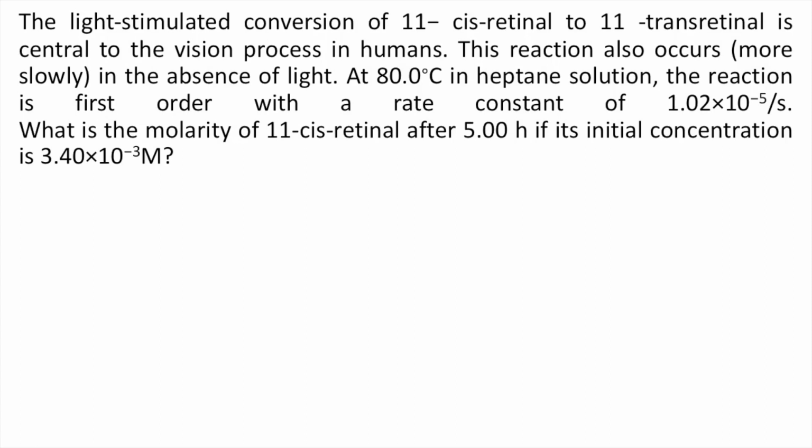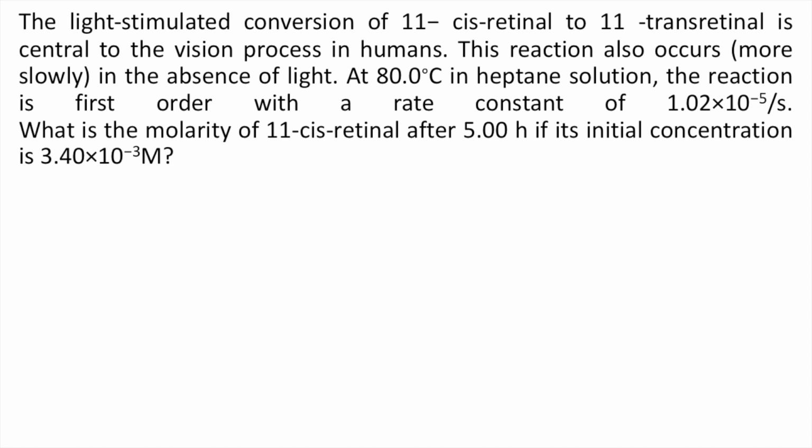The light-stimulated conversion of 11-cis-retinal to 11-trans-retinal is central to the vision process in humans. This reaction also occurs more slowly in the absence of light. At 80 degrees Celsius in heptane solution, the reaction is first order with a rate constant of 1.02 times 10 to the negative 5 per second. What is the molarity of 11-cis-retinal after 5 hours if its initial concentration is 3.40 times 10 to the